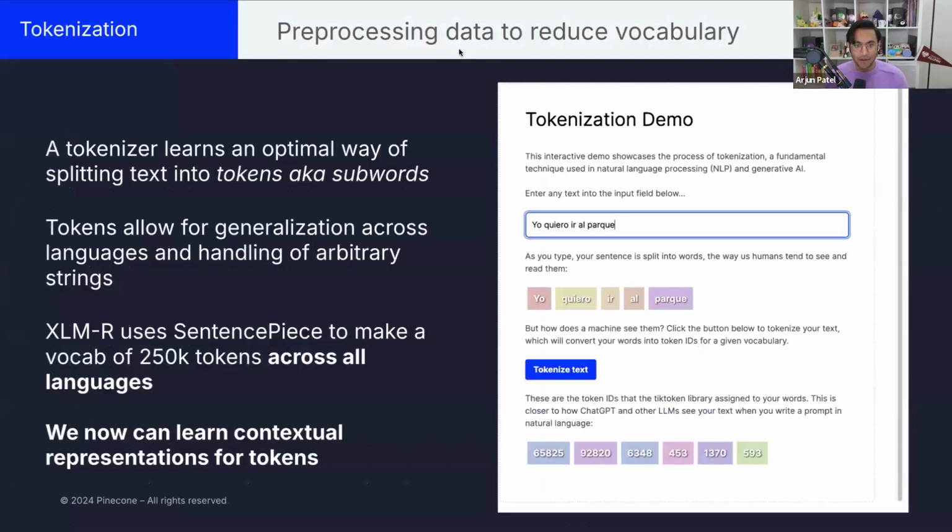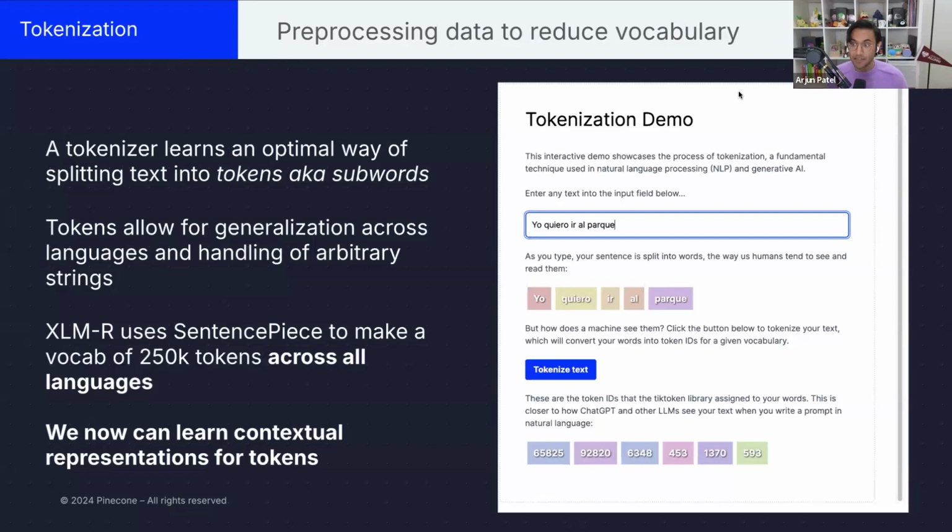Tokenization allowed these researchers to represent tokens from all sorts of languages in the same language. The way this is done is by taking some text, breaking it up into subtokens called subwords, and then finding as many common subwords as possible across all languages in the world. It turns out that you can actually train a model to do this because of the way that languages are written on the internet. And the researchers used something called SentencePiece to create a 250,000 token vocabulary across all languages, which means they were able to understand how to represent all languages and what they looked like.